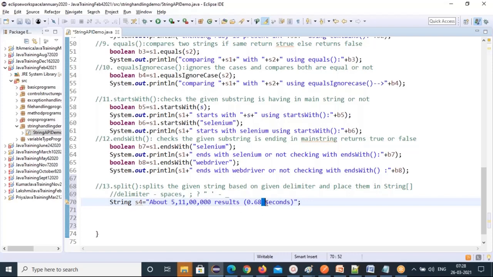Why do you need to split this? I want this number, or somebody wants this time. So how can you get this from this string? First understand the problem, what you want to do. In this entire string, you want to get a particular word. How can you get that from that string? That's the problem. To get that, the solution is to first split this entire string using a split method and